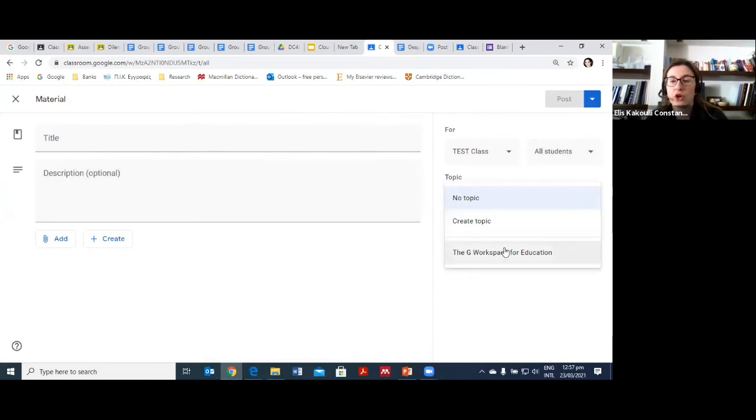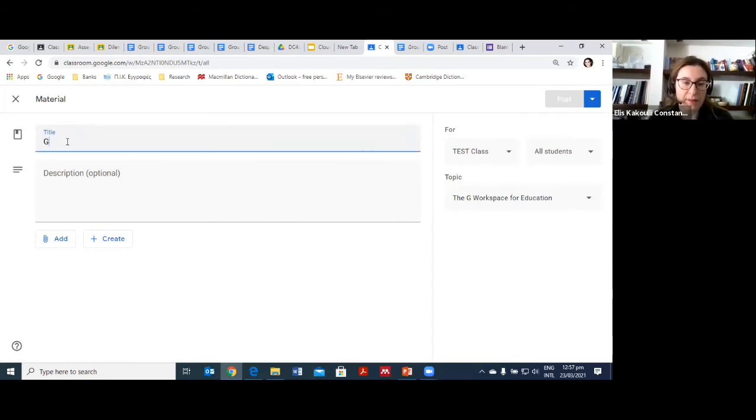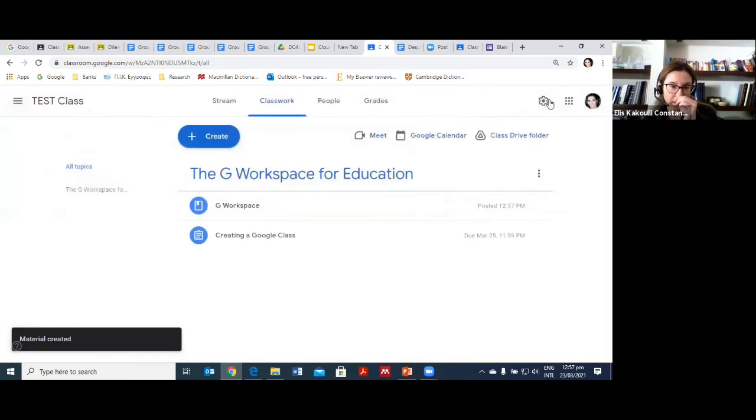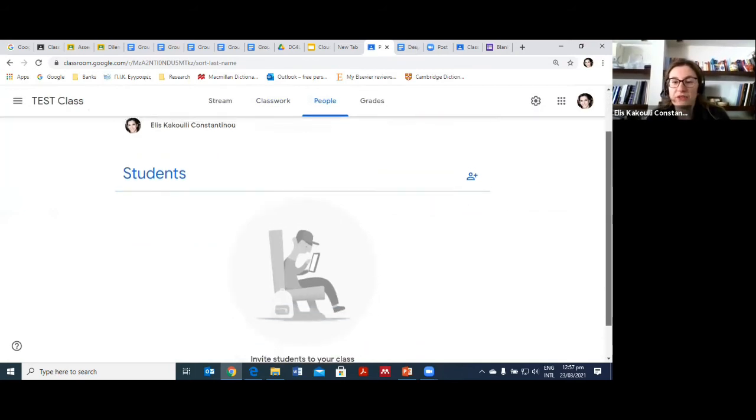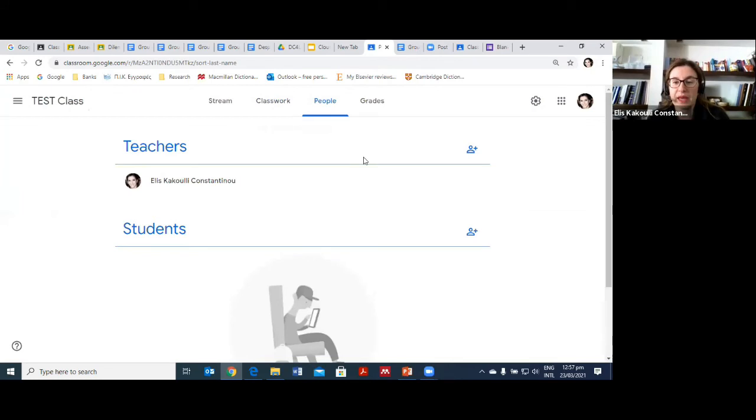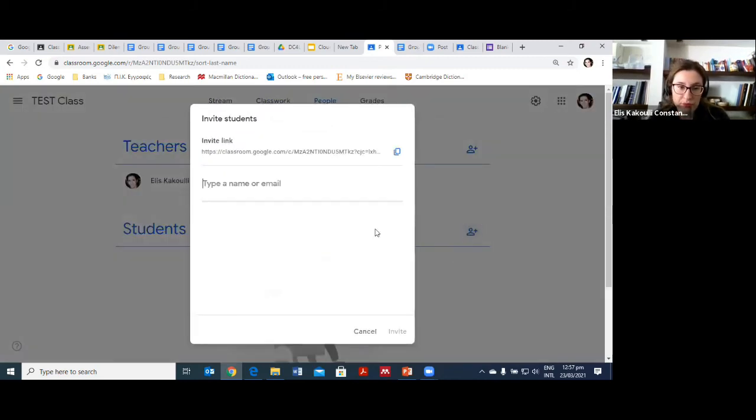You could create a topic or just categorize this under a specific topic, okay? And post this material. You will have the chance to see all of your students, the students that you will invite in your class. The students can be invited from this page, from the people page. So you could invite your students by clicking on this icon here and